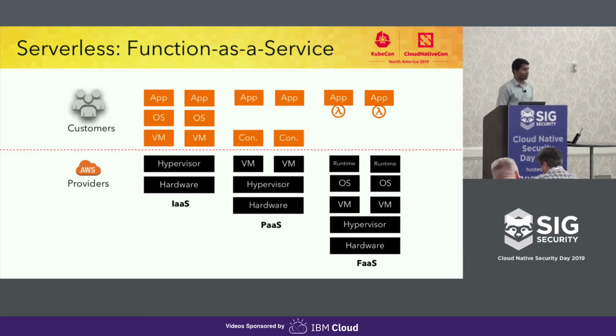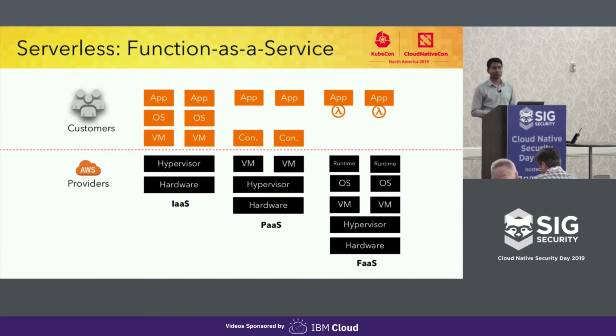In the beginning, cloud providers were offering IaaS services, and they still do, but in the beginning it was the only service being offered, where hardware and hypervisors were managed by cloud providers, and the virtual machine, operating system, and app were the customer's responsibility. In the platform world, it changed a little bit because now hardware, hypervisor, and virtual machines are managed by cloud providers, and containers and applications were the responsibility of customers. They have to do patch management. They have to make sure that vulnerabilities get addressed, and so on.